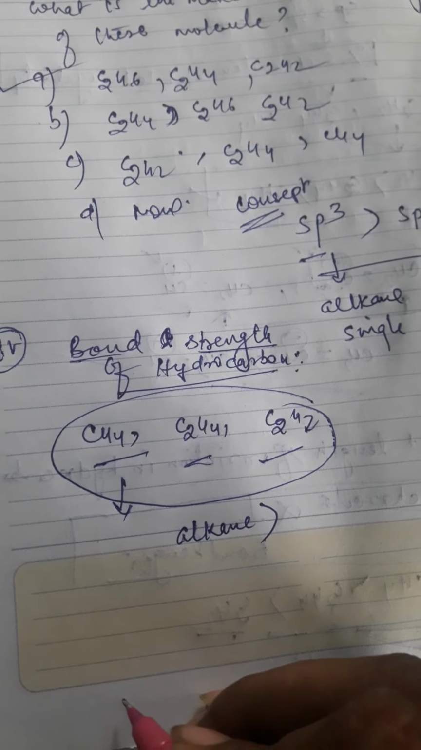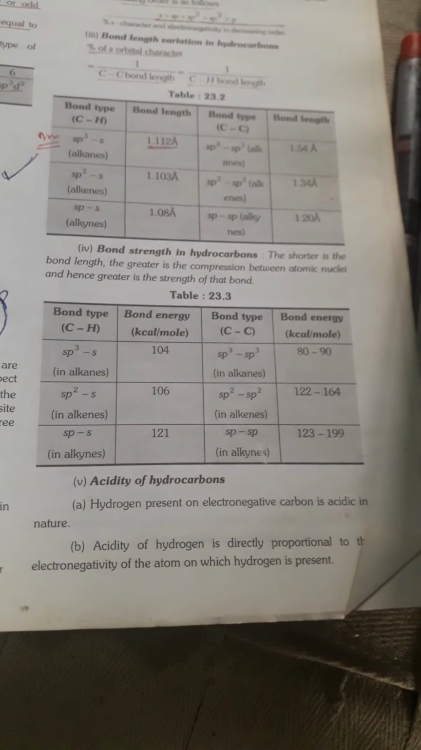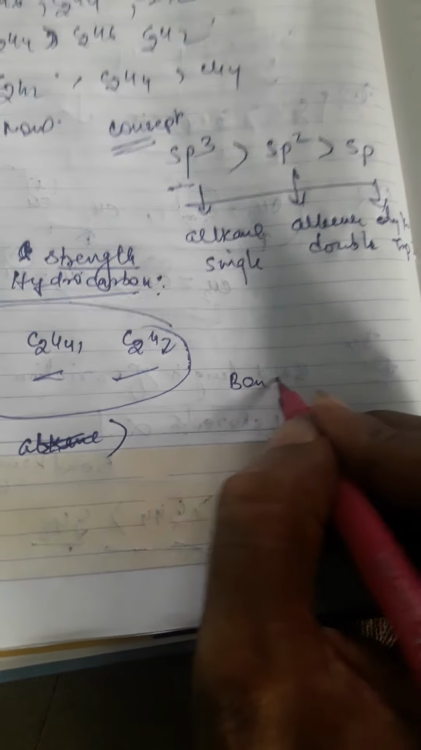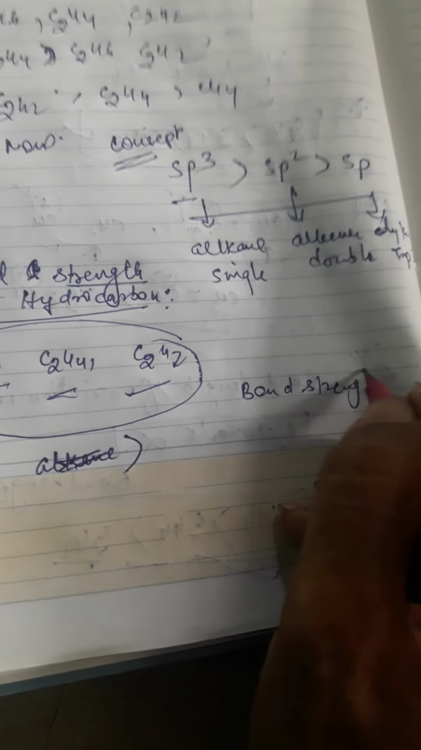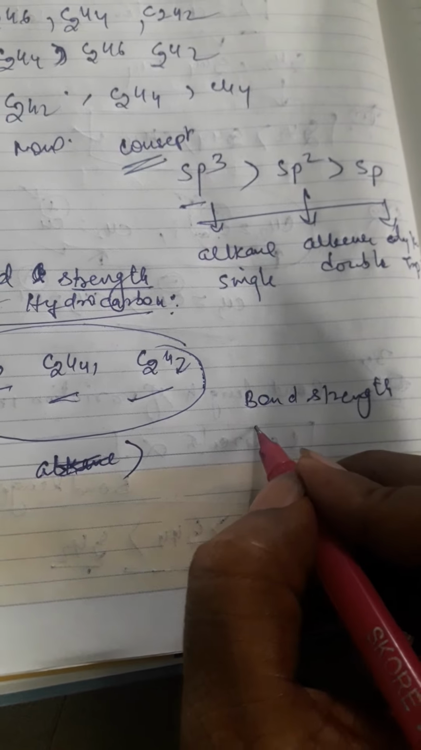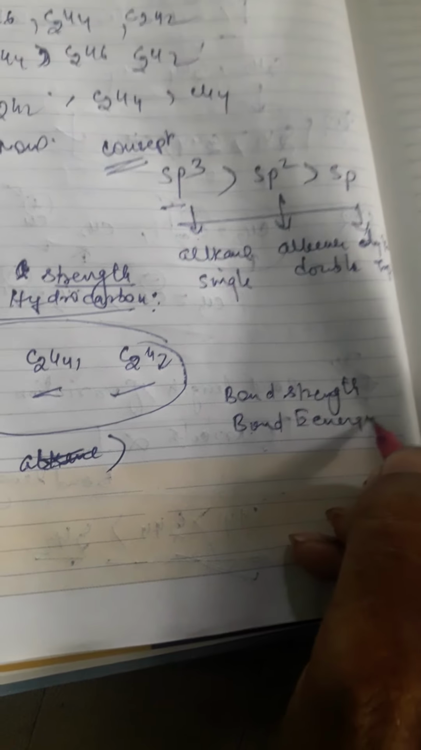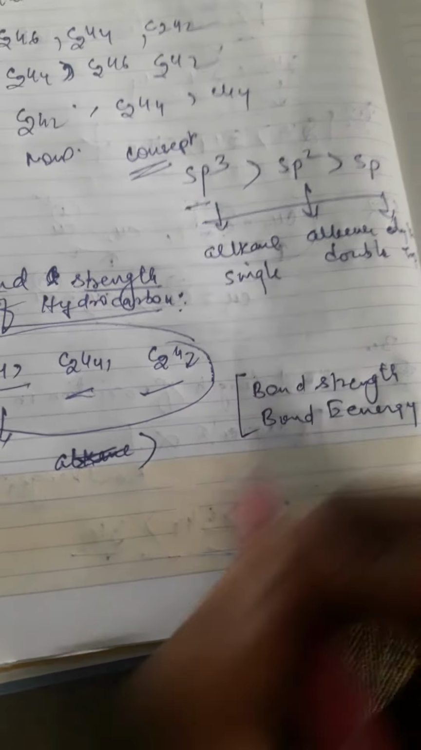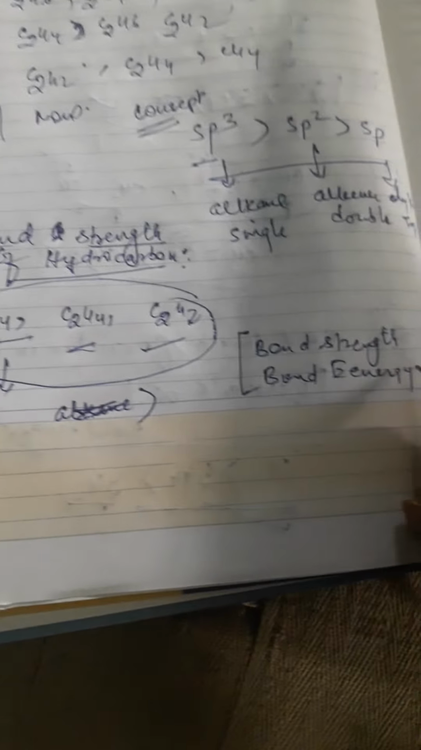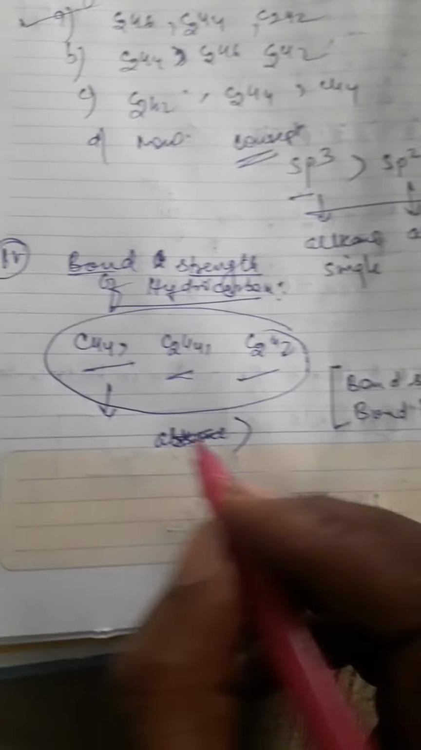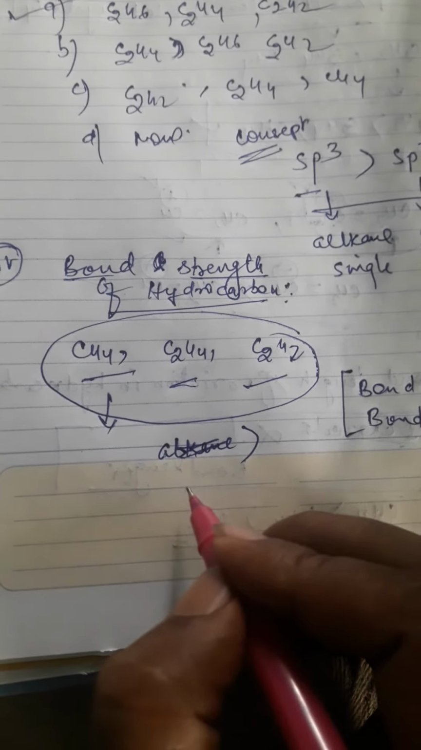having bond strength much more. Bond strength can also be called bond energy, it is a similar word. Either you can ask bond strength or you can ask bond energy. So if you see here, C2H2 means sp